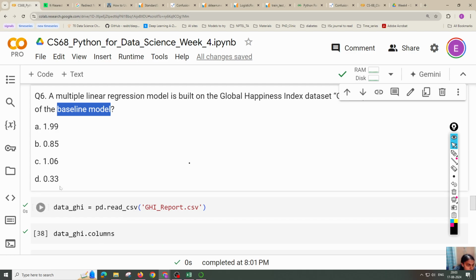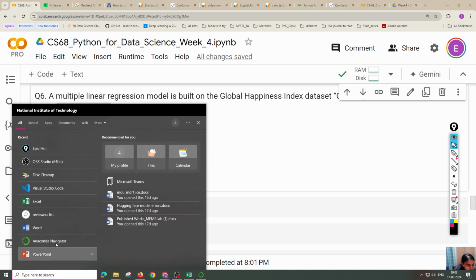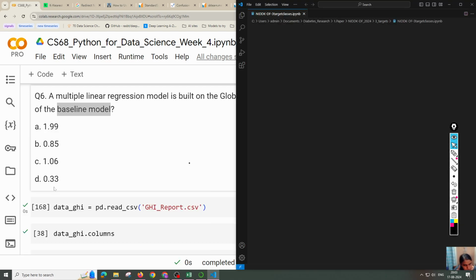If you want a notebook kind of environment where you can place your data as well as your text along with it, it's better to use a Jupyter notebook. But for coding something and putting in a function, VS Code is fine. So if you go to Visual Studio Code,